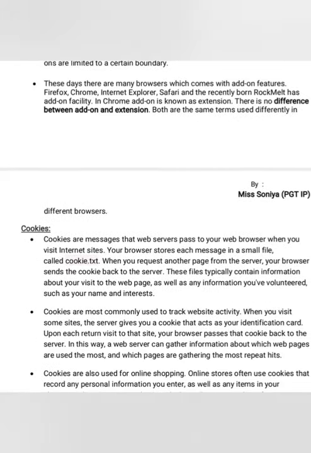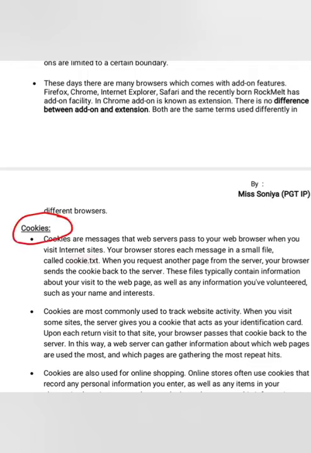Now the last topic which we are going to cover is cookies. I hope you already know about cookies, which are a kind of history prepared by your browser.